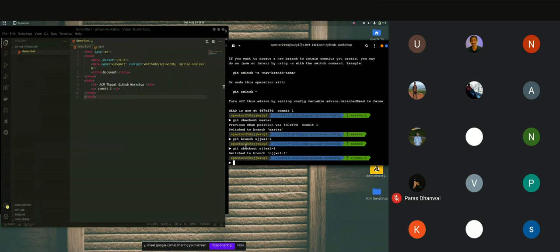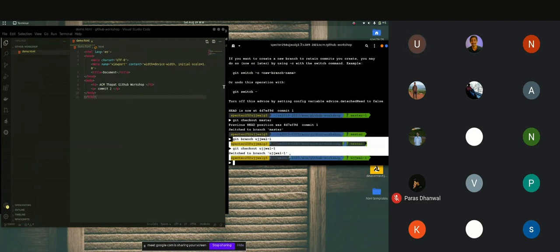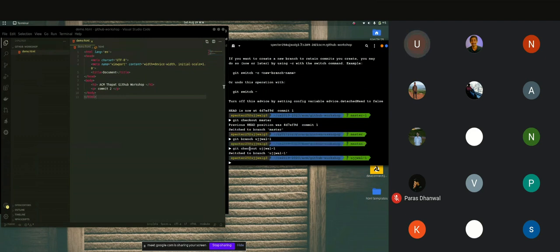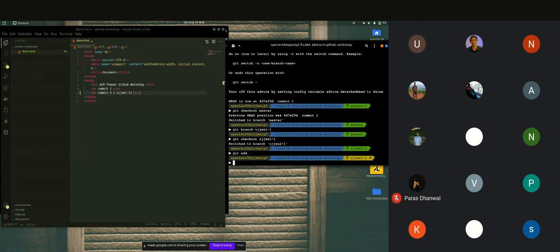Now there is one more way we can create a branch using just one command. I will tell it to you later. So now we have switched to the new branch that we created, and let me make some changes. I made commit 3. I made some changes in the file, and again I'm committing those changes. So I add those changes to the staging area, and I'm committing those changes.